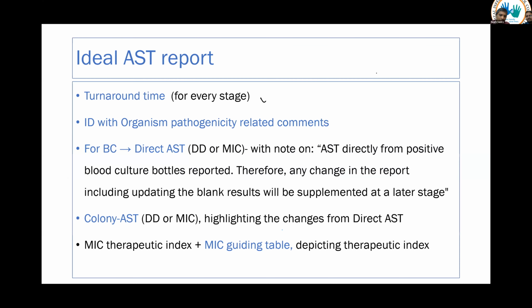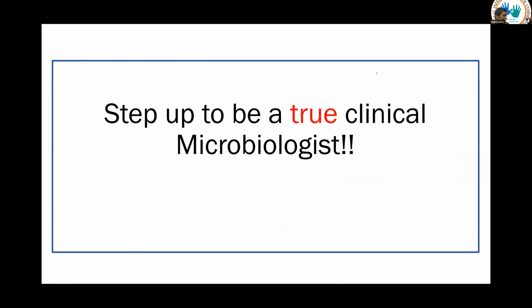So now we have 2 more sessions. Like ideal culture report, I will take. Before that, we will discuss how to use various comments in writing the microbiology report. So ideal culture report, I will